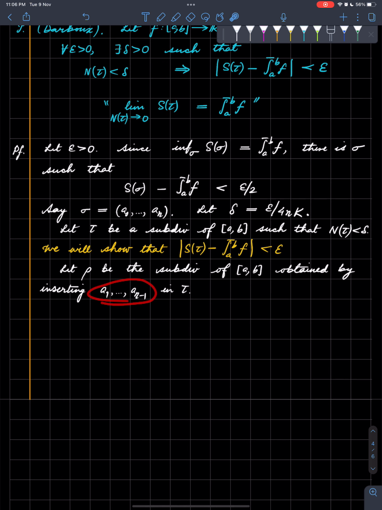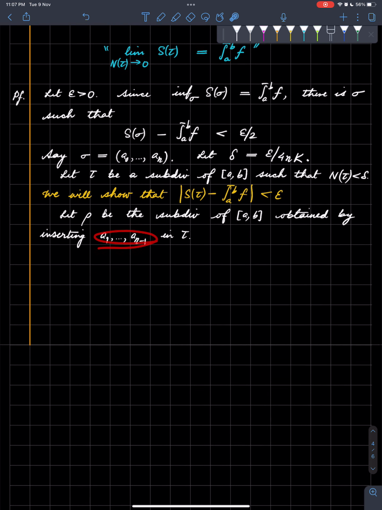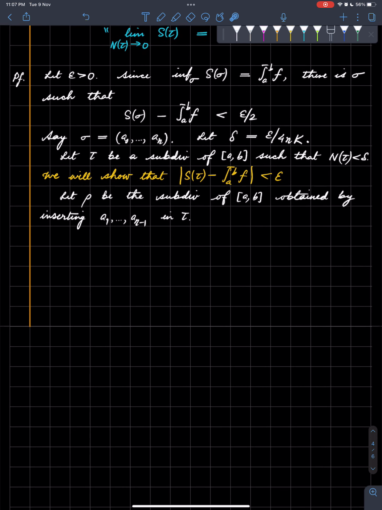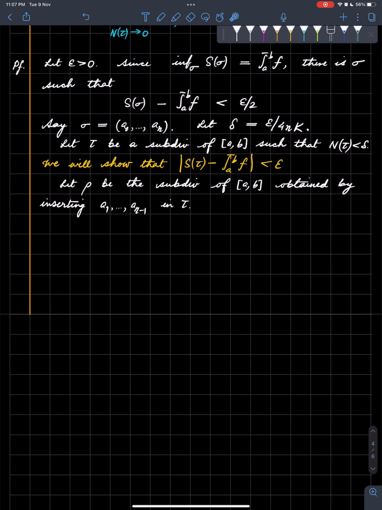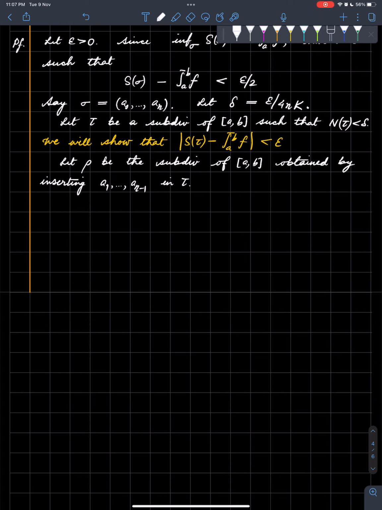So we are inserting only these n minus 1 points, and some of these may be present in tau. Well, that's okay. That doesn't matter. So the point is that we are inserting at most n minus 1 points in tau to obtain rho. Okay, so then by the previous lemma,